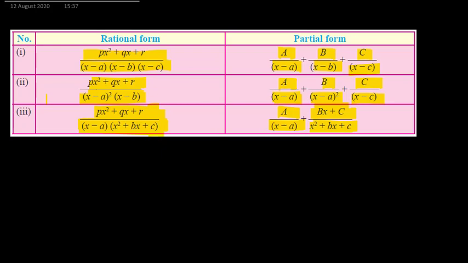So when we have the denominator as individual linear factors, then their numerators will be some constant numbers like A upon, B upon, C upon. If in the denominator we have a factor which is repeating, like in the second example x minus a is repeating, then we can express them as A upon x minus a plus B upon x minus a the square. Suppose x minus a cube is there, that means x minus a is repeating 3 times. Then for that we will write A upon x minus a plus B upon x minus a the square plus C upon x minus a the cube, like that.